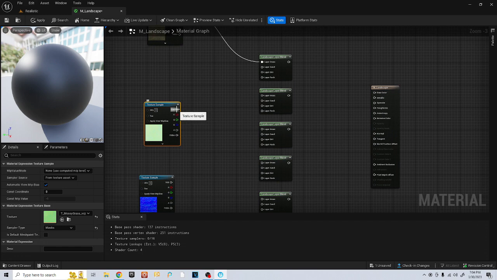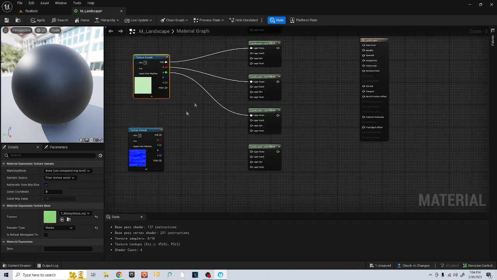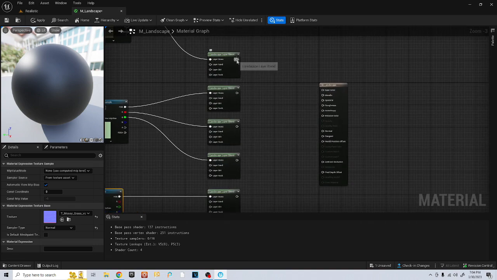Then the second one here, I forgot what they call this thing, but this mix file, if you take the RGB and plug it into there, take the R and plug it into the next one, take the G, which is green, and plug it into the next one, and then we can take our normal map and plug it into this one. Then we take each of these plugs and plug them into the base color,